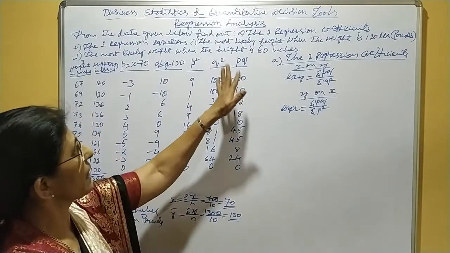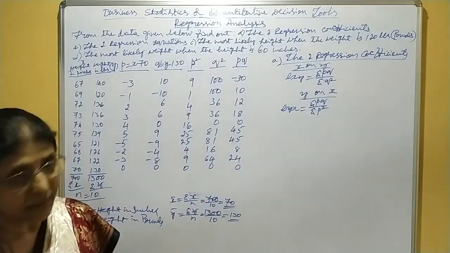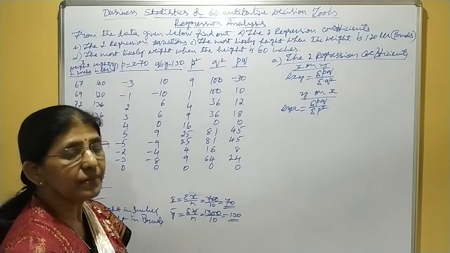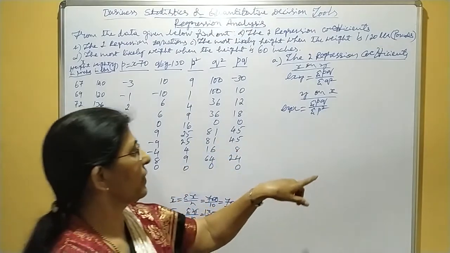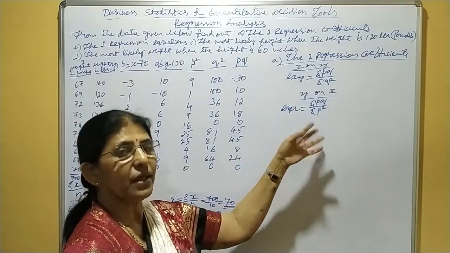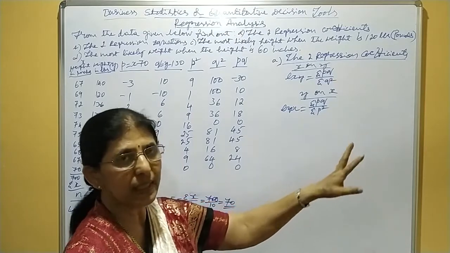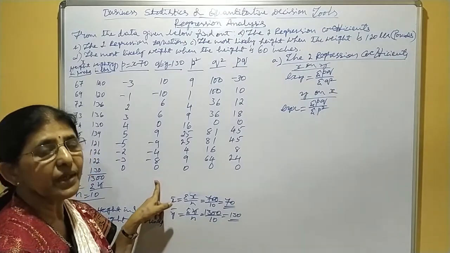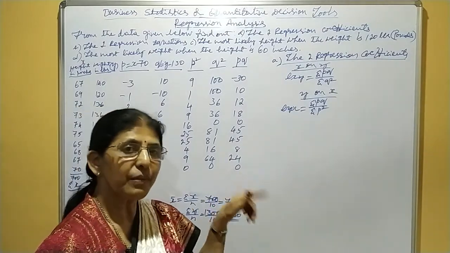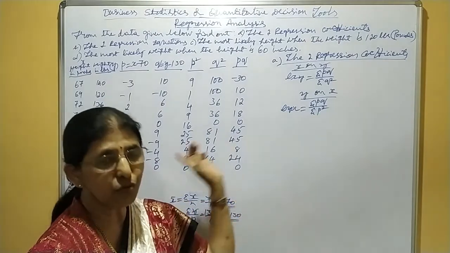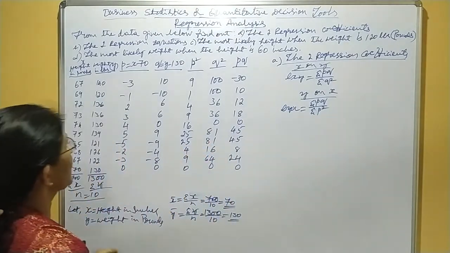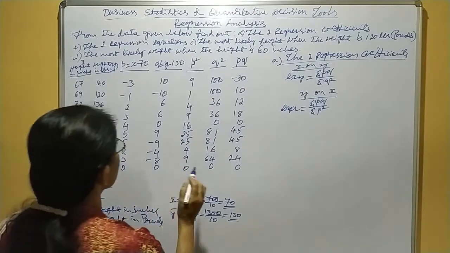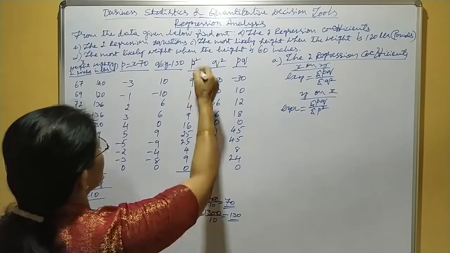Then we have to take regression equation. For that we need, the formula is x minus x bar equals bxy into y minus y bar. Then y minus y bar equals byx into x minus x bar. That means sigma p and sigma q are not required here. If we take deviation from assumed mean, then we need those two informations also. Therefore, here you need not take the total of p and q, that is sigma p and sigma q not required. Take sigma p square